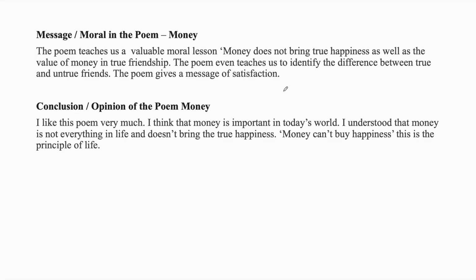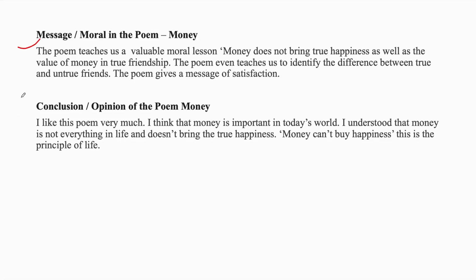What is the moral of the poem here? How to identify true friends. Okay, over here the poet is telling that he has experienced friendship when he was rich, and even he has experience about friendship when he was poor. So over here it helps us to identify the difference between true and untrue friends, and the poem also gives us a message of satisfaction. Over here the poet is much satisfied after being poor. He was not satisfied when he was rich. Okay,